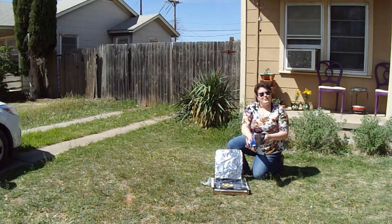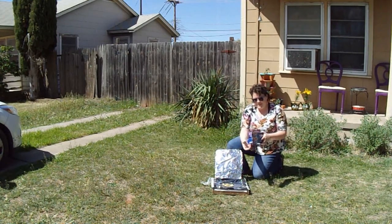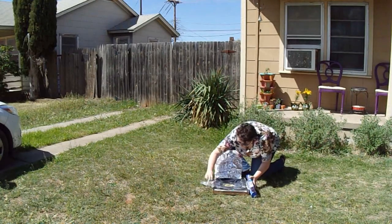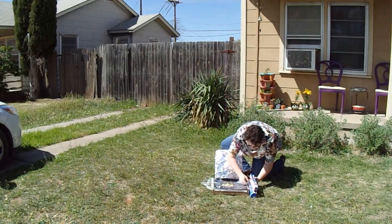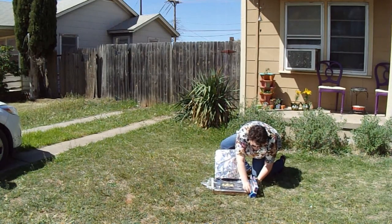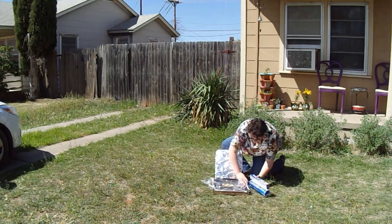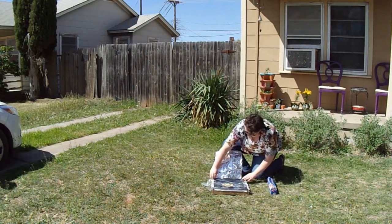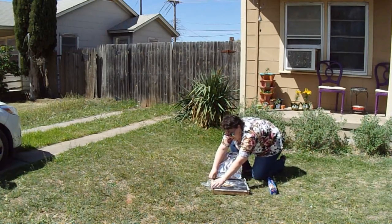If you're like me, you always have problems with the saran wrap, so you're welcome to put a couple extra layers on. Oh boy. Alright. Make sure that opening is covered